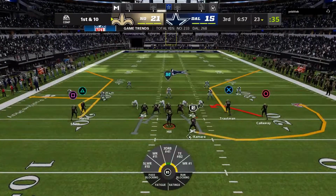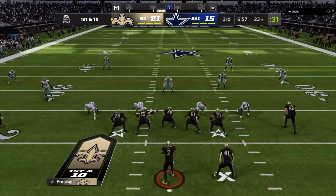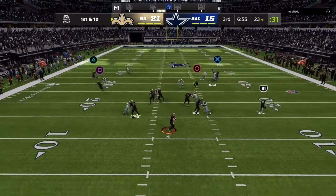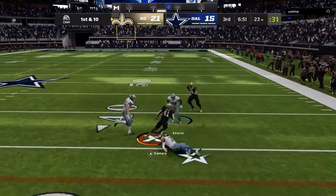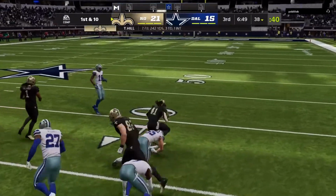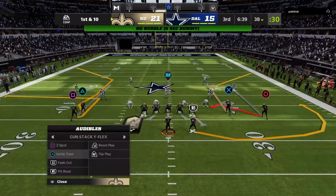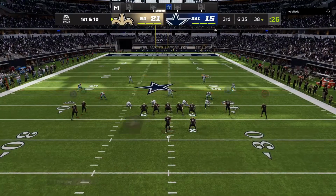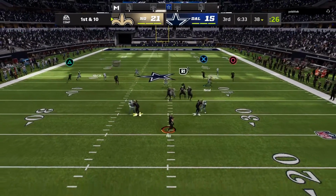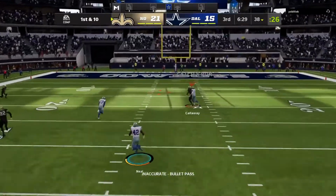The Saints offense on the field ready to get their drive started. And Charles, they've got the lead. Put your coaching hat on here now. What's the game plan for the second half? I think getting the running game going a little bit more, because I thought in the first half they didn't get it moving the way that they would like. They had success throwing it, but I think these first couple of drives, they'll want to get those running backs going and give them more opportunities,